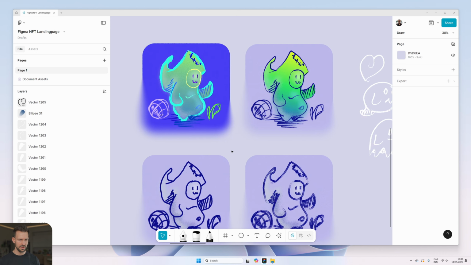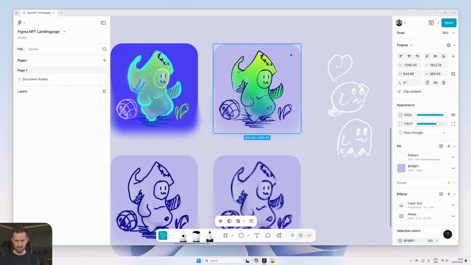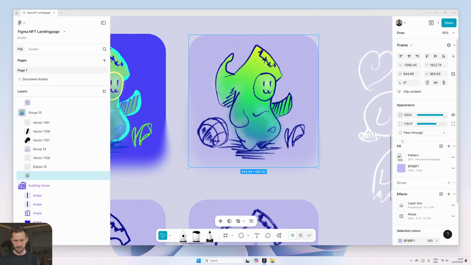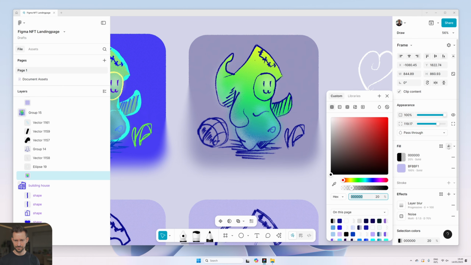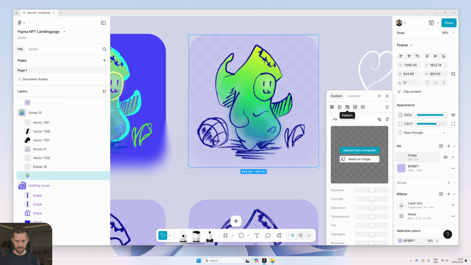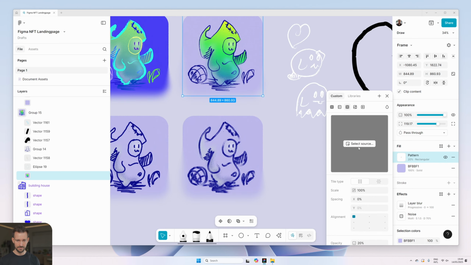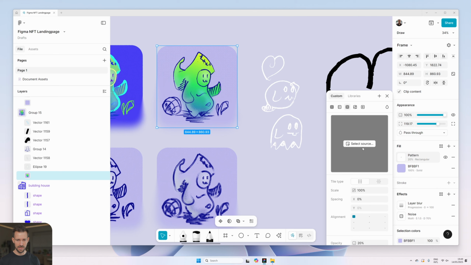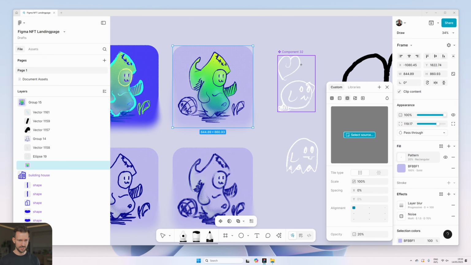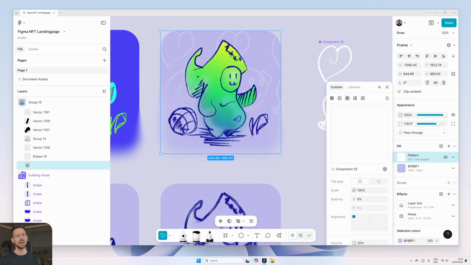Let's try something new. Let's select our lovely Pummel and add a texture here. Yeah, that's a cool idea. Okay, click on Pattern, and then you can, which is pretty handy, select source. In our case, I select the small ghost, select source, and now we've applied our ghost as texture in the